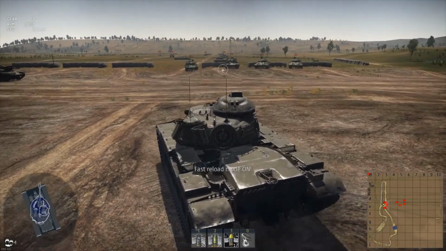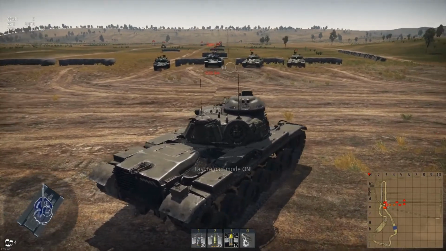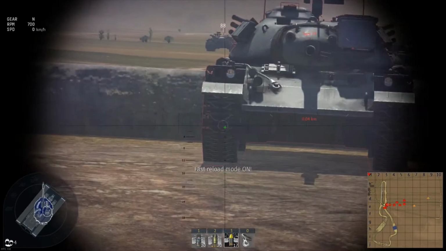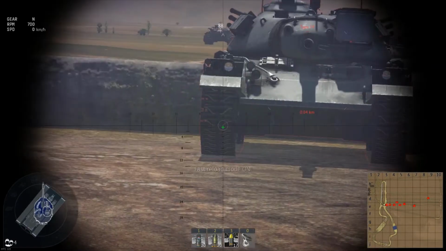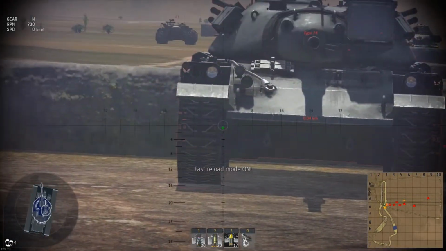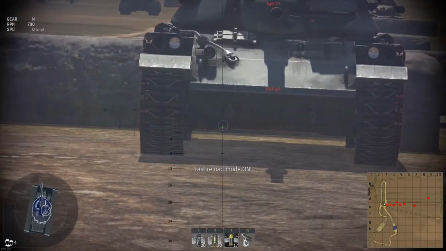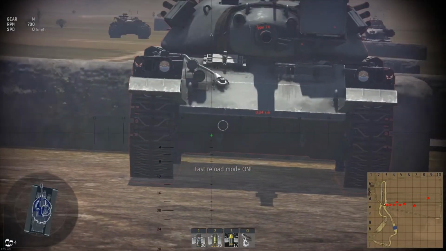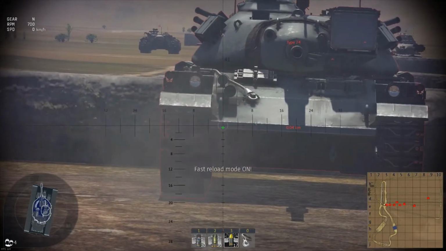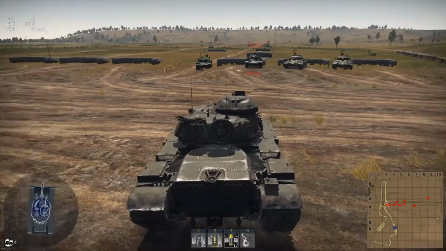Alright, you might have seen, but just a reminder from a previous video, the Type 74 has a weak spot on its tracks, which is a weird place. But it actually works because of how the hull is rounded underneath, and it's really weak right here, and the ammo is on the backside, as you see in this cam in the top right. So if you can hit a little down here where the tracks go in,